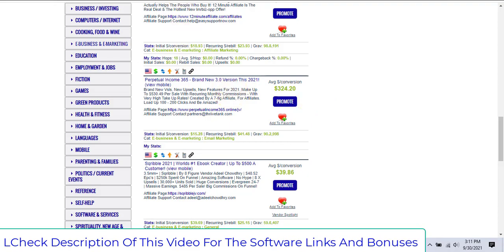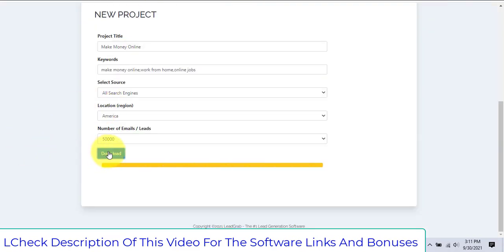So this software is very easy to use. Now you just have to click download. Once this bar has come to an end, you just have to click the download button. Let the software download. It downloads automatically as soon as you choose the download button out here. So let's wait, because this file has 50,000 emails, so it will take some time to download.